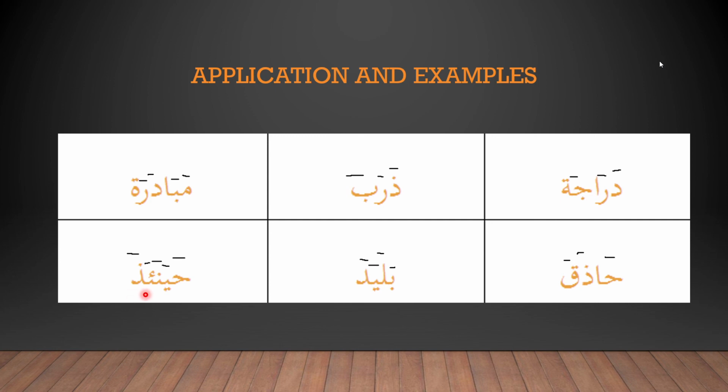Now if we say it together, ha, ya, na, a, za. Do you hear every single sound? That's extremely important in the Arabic language. Every single sound should be clearly expressed. So, ha, ya, na, a, za.